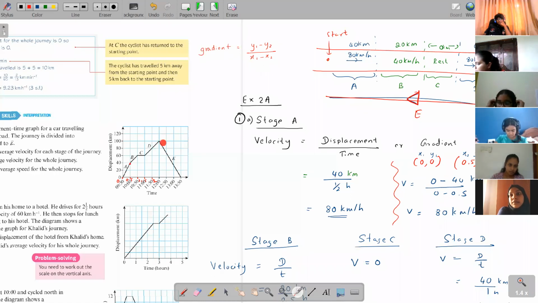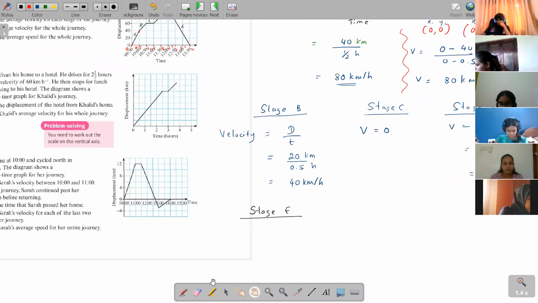And then the time taken, you can see how much time it has taken. Starting from 12, ending at 1:30. How much time has it taken? If I put the values here, this is 2.5, this is 3, this is 3.5, this is 4. So 12 to 1:30: 12 to 1 is 1 hour, 1 to 1:30 half an hour. You have 1.5 hours.